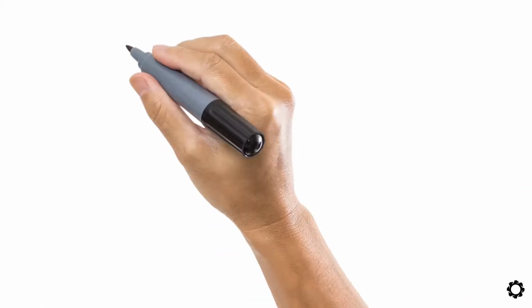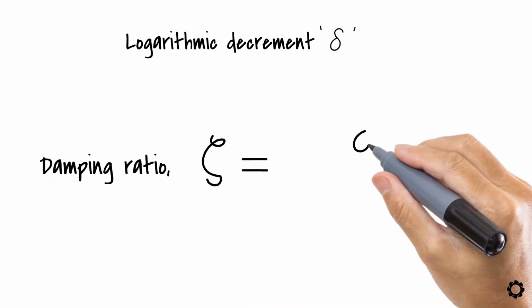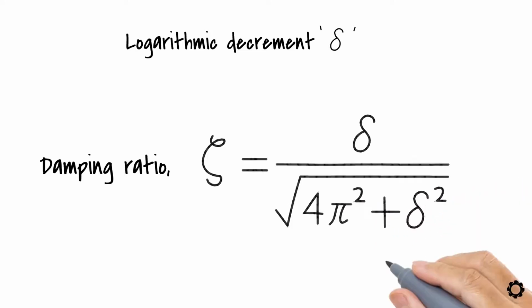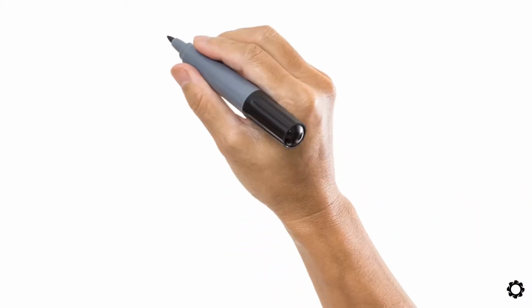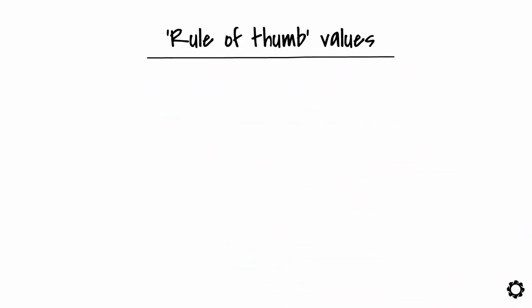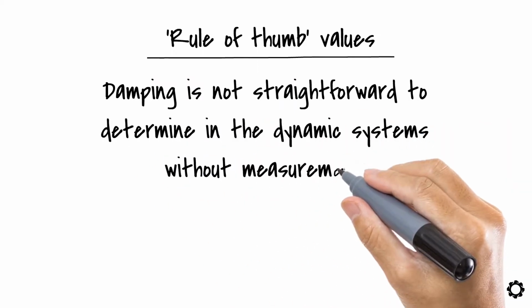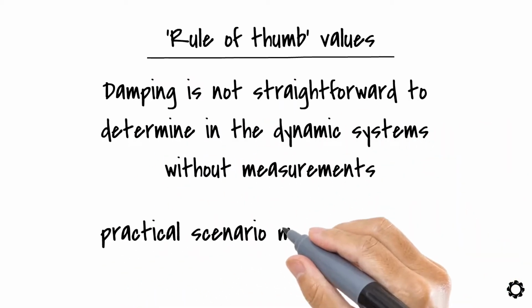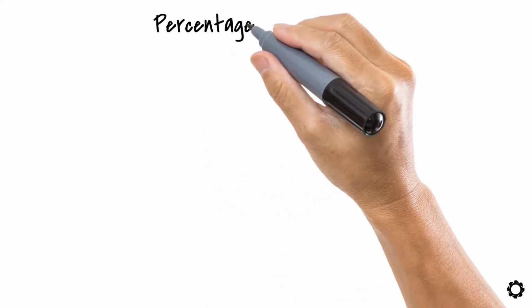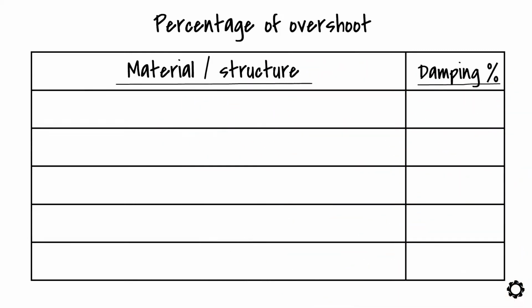Once you have the logarithmic decrement delta, the damping ratio can be calculated as zeta equals delta divided by the square root of 4 times pi squared plus delta squared. Apart from this method of calculation, there are some rule of thumb values for estimating damping ratios as well, especially because damping is not straightforward to determine in dynamic systems without measurements, and some practical scenarios might not be so experiment-friendly. Some examples presented as percentage of overshoot, that is, how far it oscillates around its equilibrium position, are: